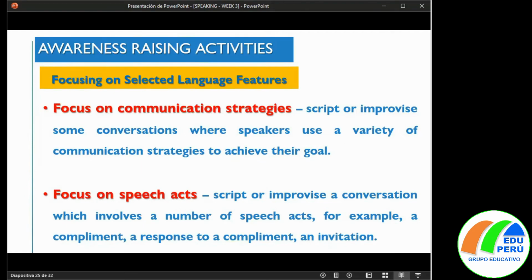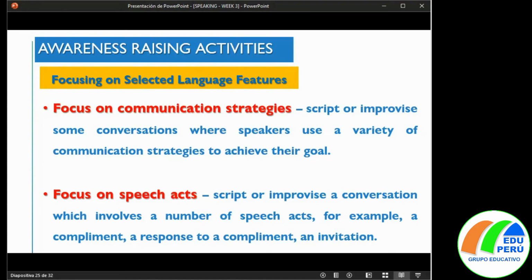This is very common, that we generally give our students conversations related to speech acts, a conversation related to ordering a meal in a restaurant, or inviting someone to do something, or accepting and refusing invitations, or complaining,